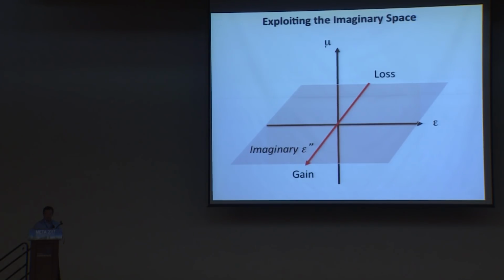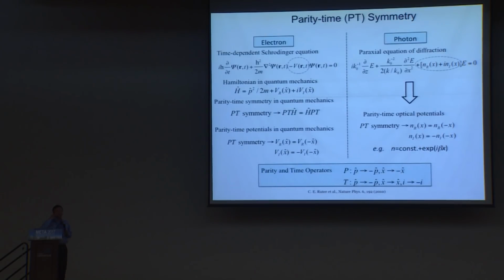Okay. So, again, I would like to quickly recap what you already saw in the last talk. Parity-time symmetry was originally proposed in the area of quantum field theory. That is not specific to optics. But generally, if you look at the electronic system as an example, you have the time-dependent